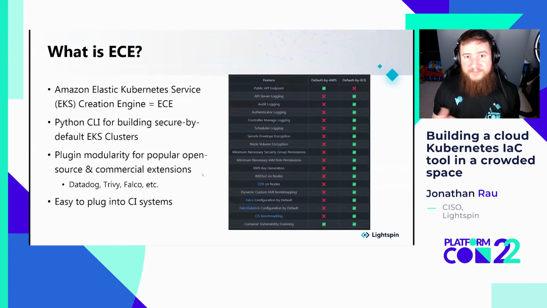It'll bootstrap them. It'll tag the instances with some basic intelligence, like who created it, when they created it, why they created it, and then any other tags they want to add. And then also it'll do things like install Falco Sidekick, so if you want to send logs or security findings to SNS, to Lambda, to Datadog, it'll set up Datadog for you.